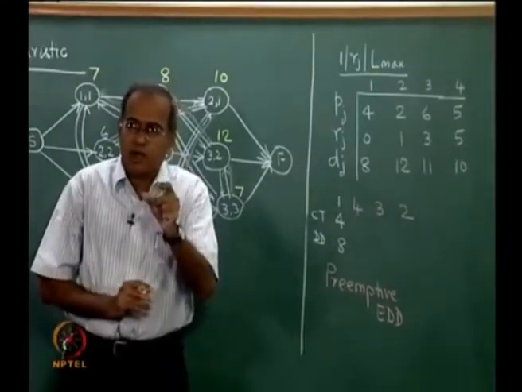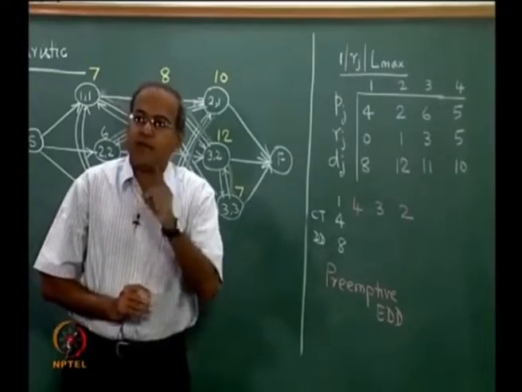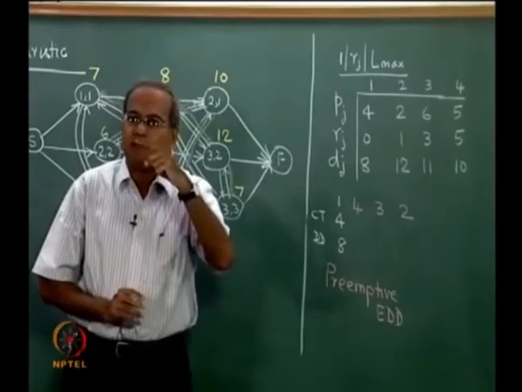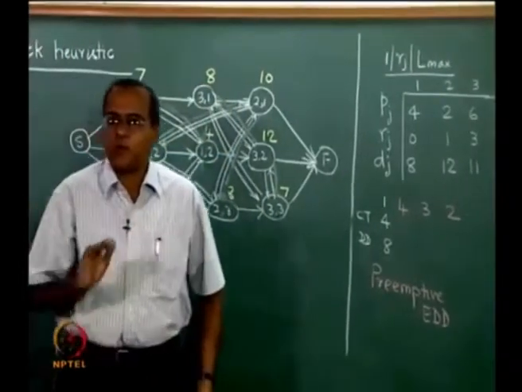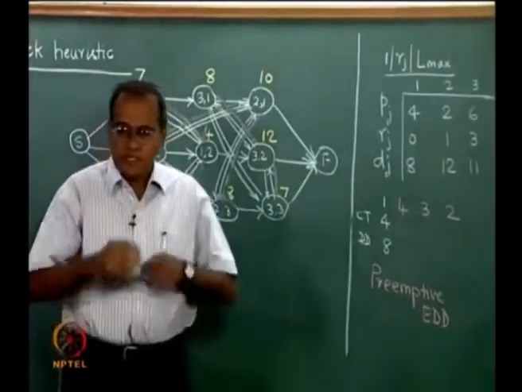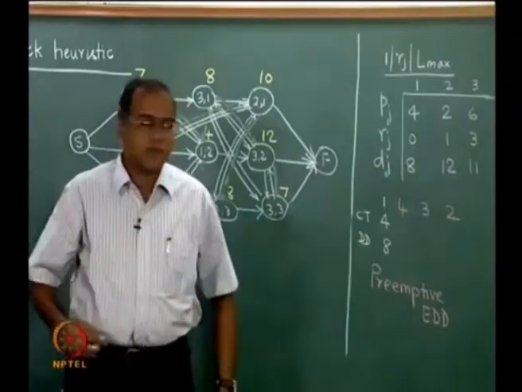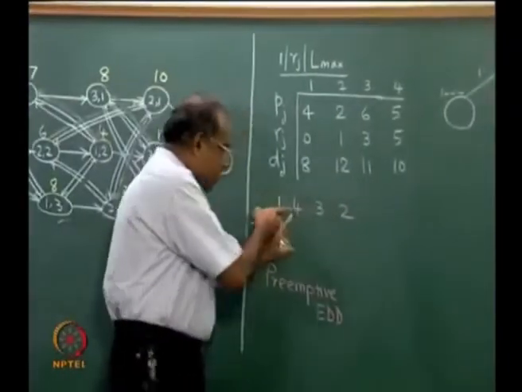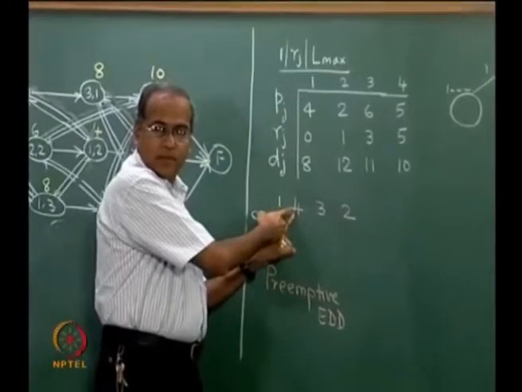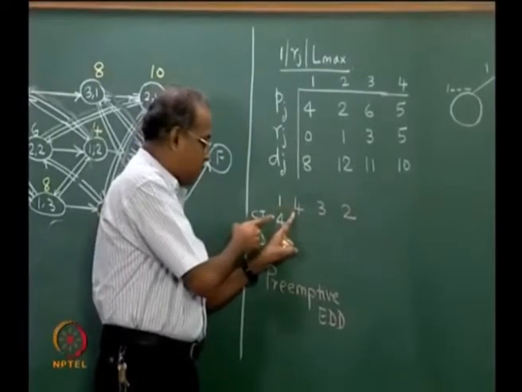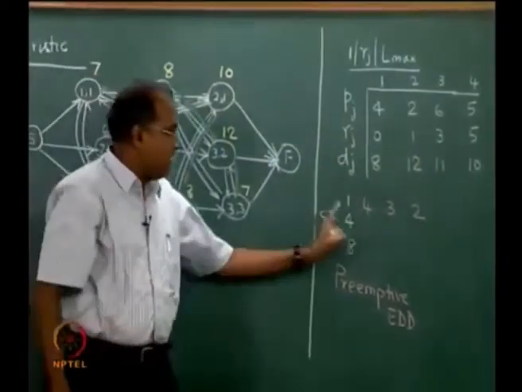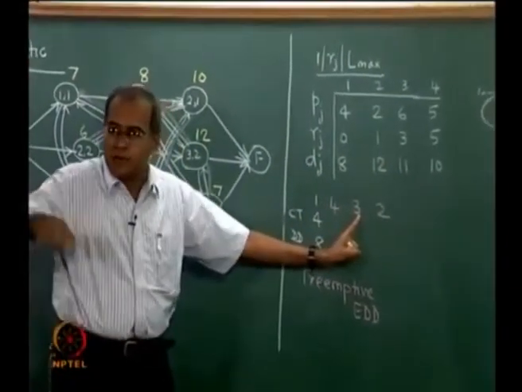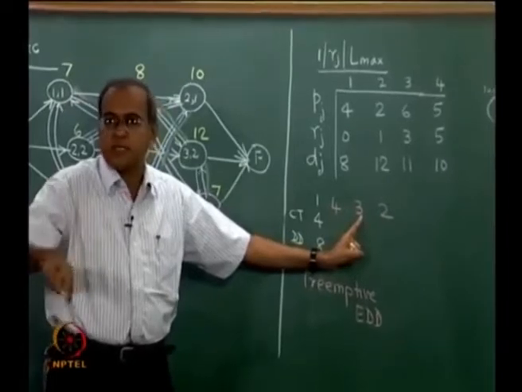Now, that additional one can have an impact in increasing the maximum tardiness, but in a preemptive EDD rule what we assume is that we allow job preemption. So, if there is going to be a delay because of a mismatch between this completion time and this arrival time, we look at the next available job or tentative job in the sequence, which is